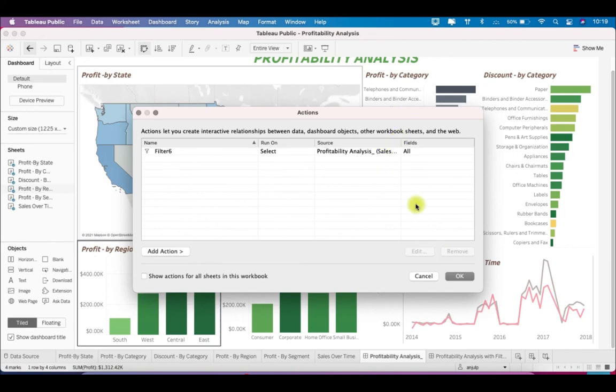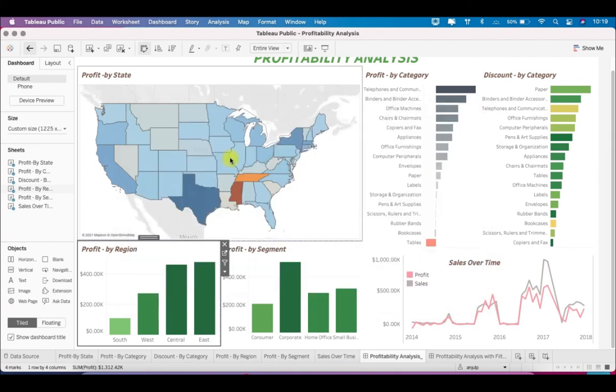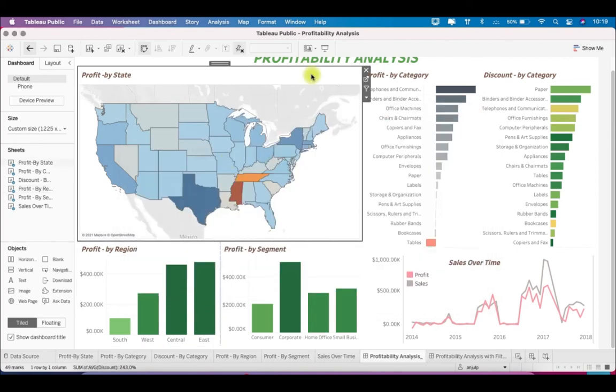Once you are in this dashboard, if you click on a sheet, you will see this funnel. It says use as filter. Once I click this, it will be similar to what we just did of creating the action filter. So let me click on this. Now it will act as a filter.